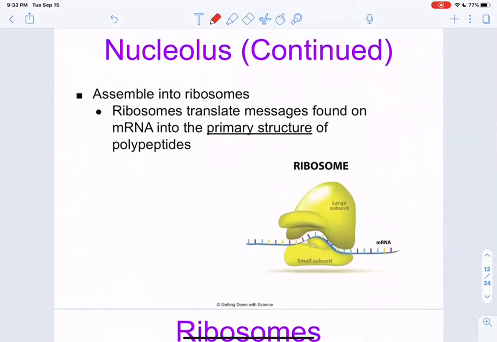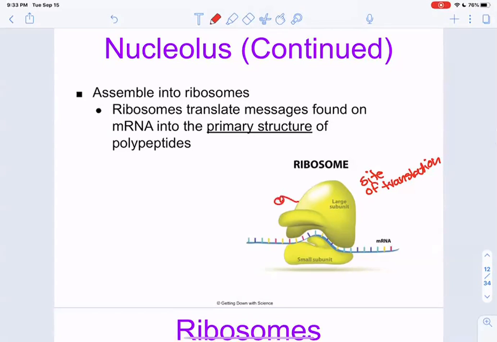So like I said, these ribosomes are going to help with making proteins. So if we can recall back to protein synthesis, this is going to be the site of translation. And this is where the RNA code is going to be read, and we're going to start making those polypeptide chains from the mRNA strand. And so we're going to start seeing like methionine, tryptophan, cysteine, with those sulfur